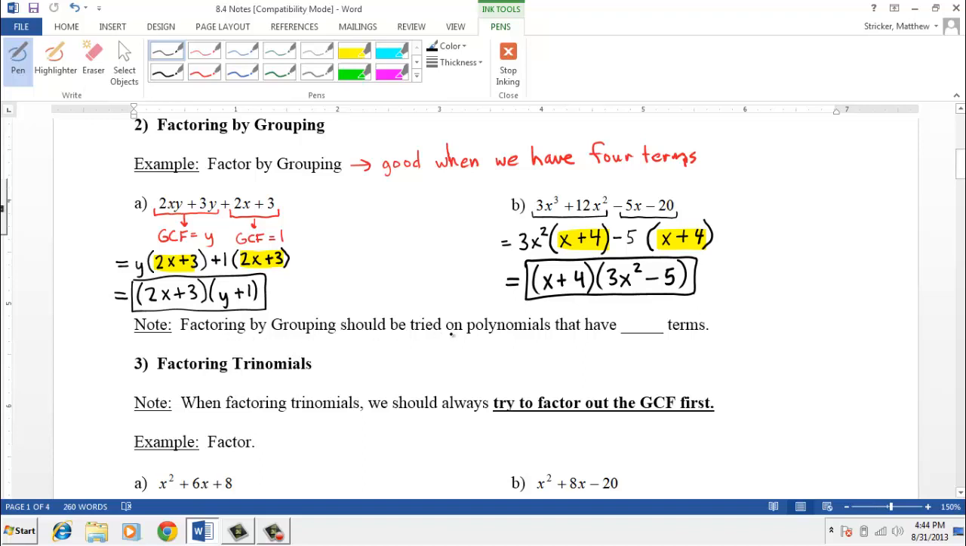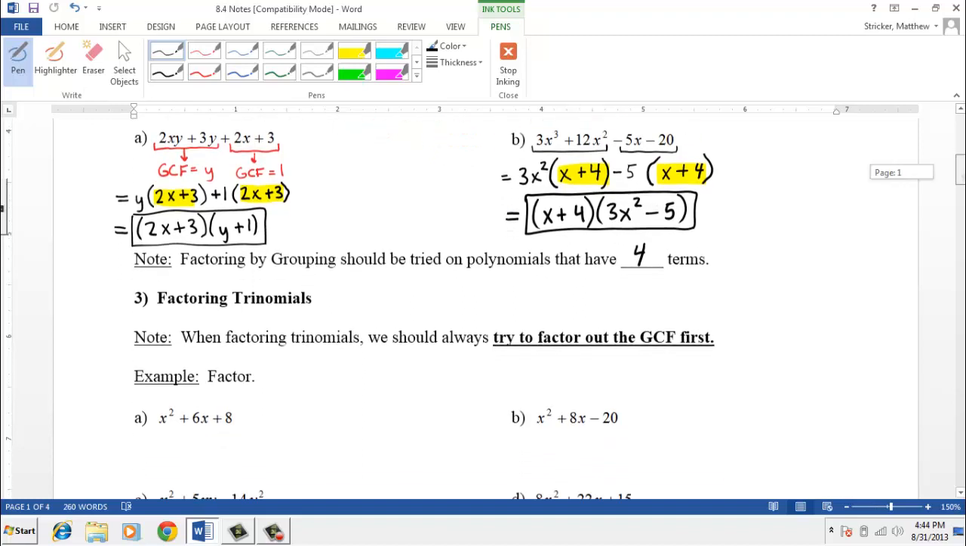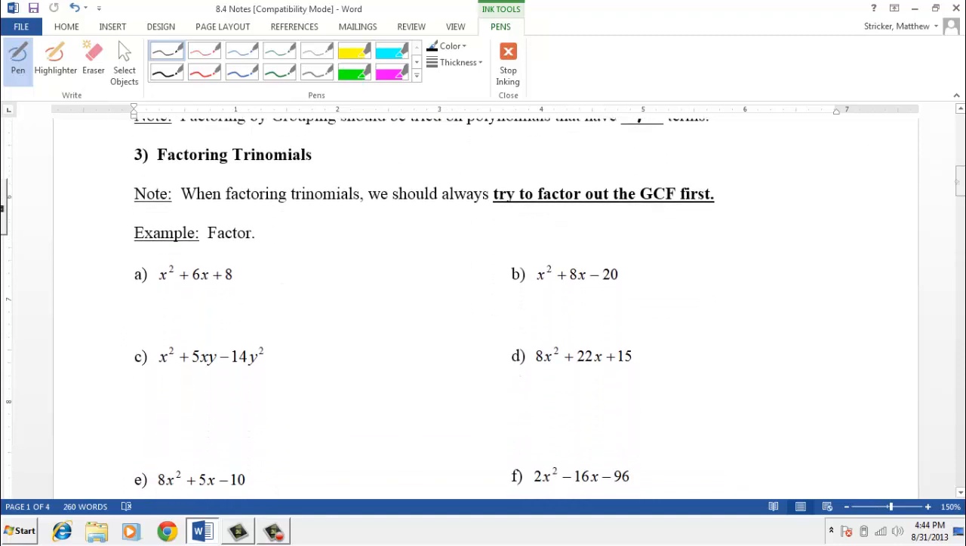Factoring by grouping, again, a little note here: factoring by grouping should be tried on polynomials that have 4 terms. So this brings us to factoring trinomials, and factoring trinomials is the kind of factoring we're probably going to see